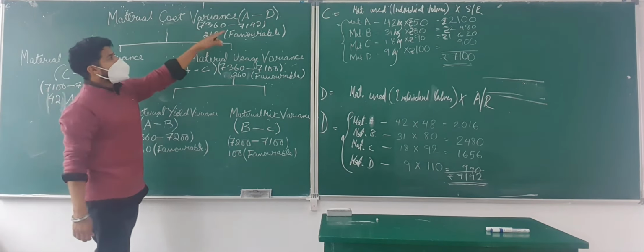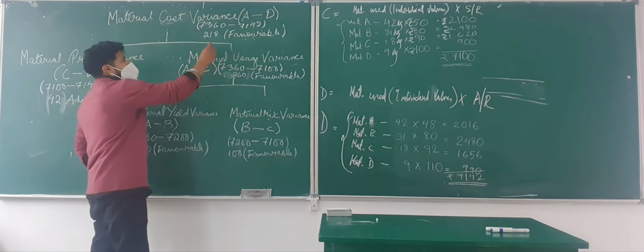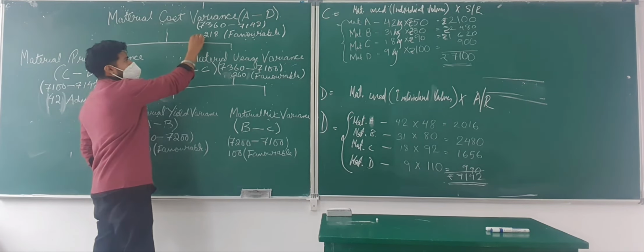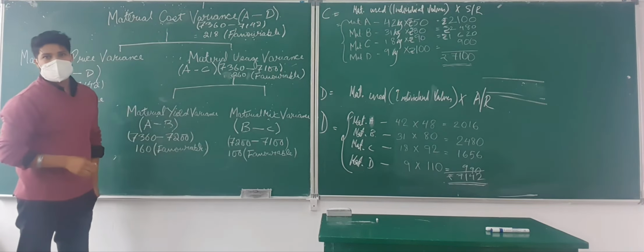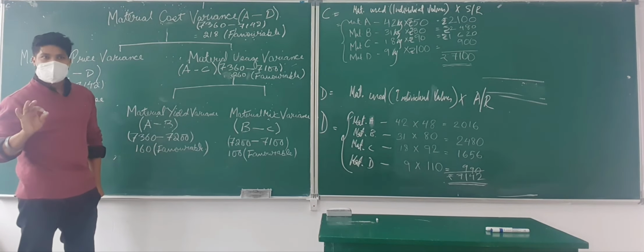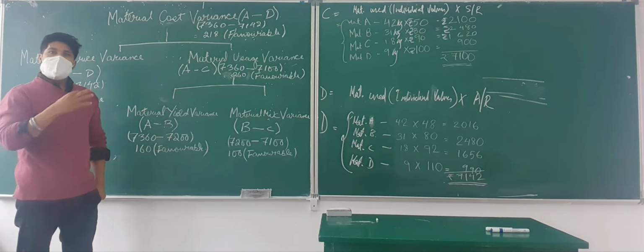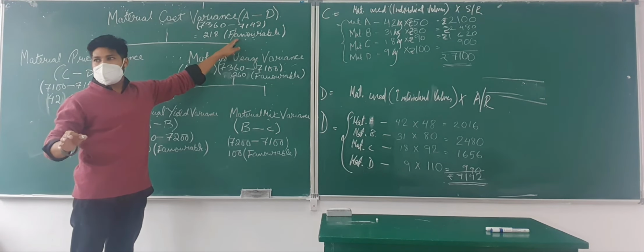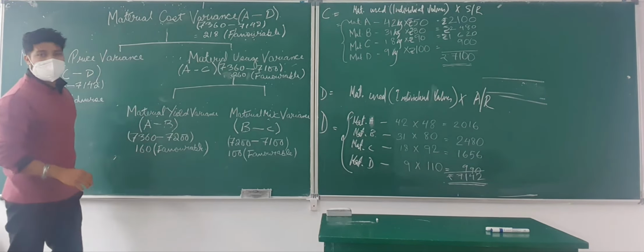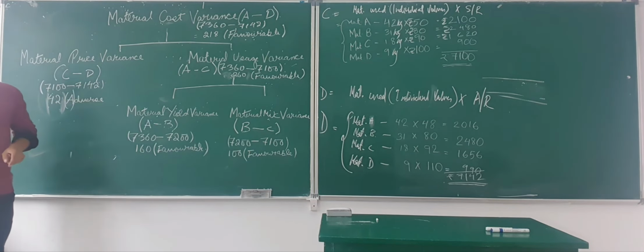Okay. Once you are done with ABCD, you already have the values of ABCD here. Just put the values. Now see here. Get the value. If it is positive, write here favorable, F. Is it okay? Most of the teachers understand favorable and adverse as A and F. You don't have to write full spelling. Do this when you have time in examination hall. Write full spelling. You don't have time, just write F. Adverse here, write within bracket A. Teachers will understand. Is it okay? When you have time, write full spellings.